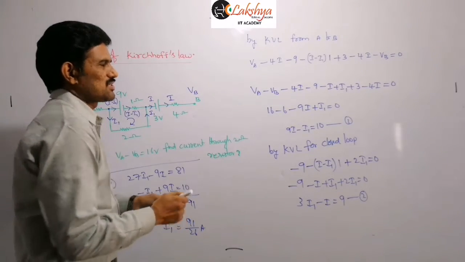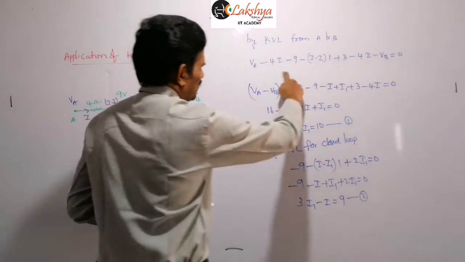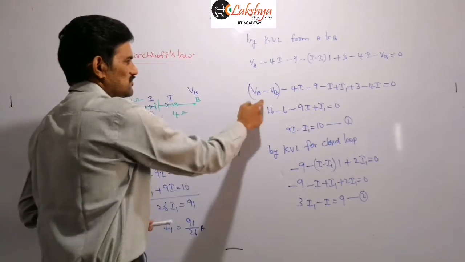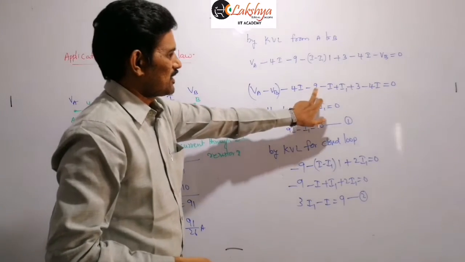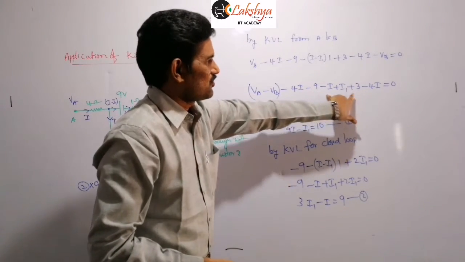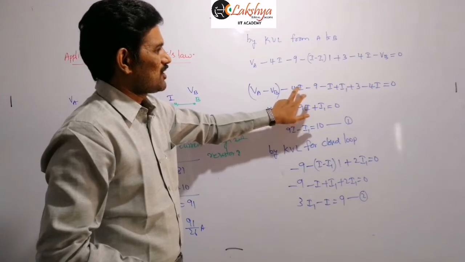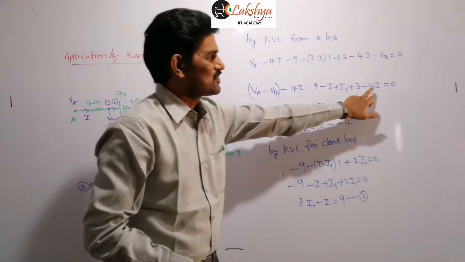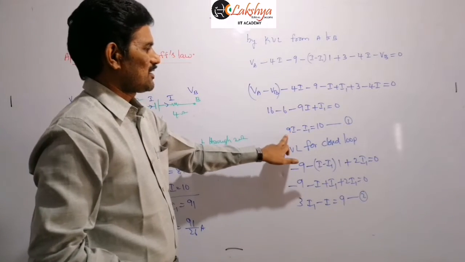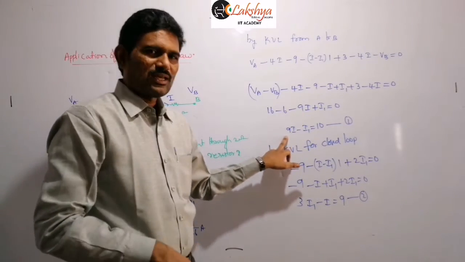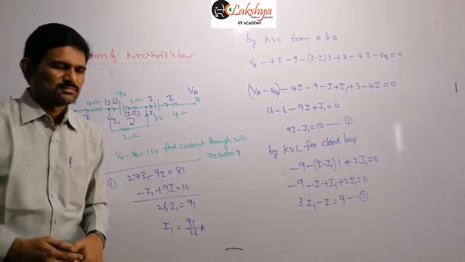Then VA minus VB I am writing together because that value is given for this, and the remaining you can simplify here. Then this VA minus VB value is given as 16, so 16, and the remaining constants will be here. So minus 9 and plus 3, so that I am taking as minus 6, and the remaining I values, 4I, that means 5I, and this is 9I. So 9I plus I1, and finally we can write this equation as 9I minus I1 is equal to 10. So that I am taking as equation 1.